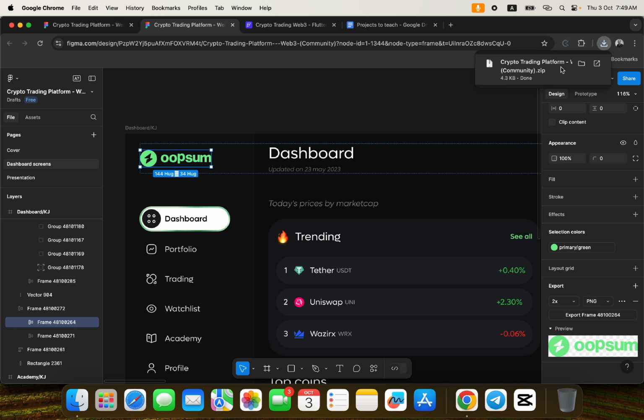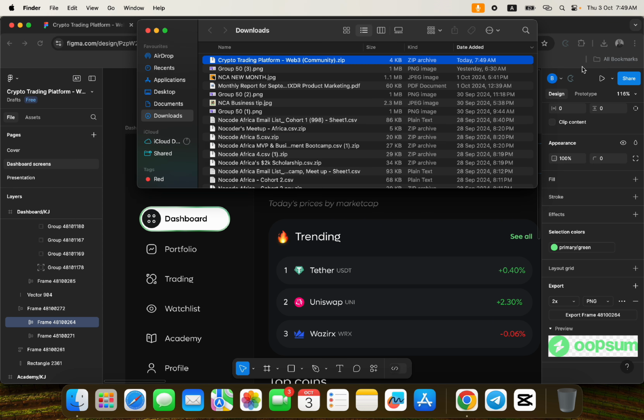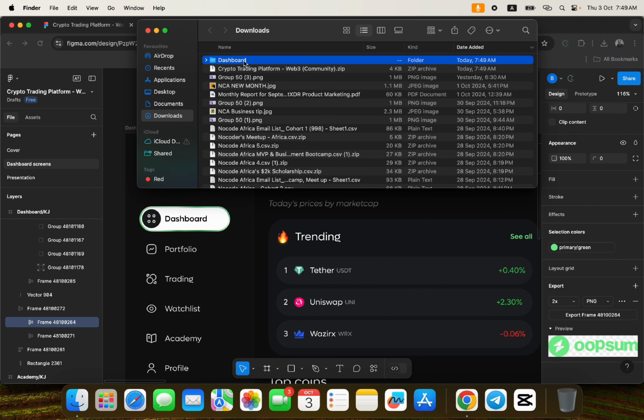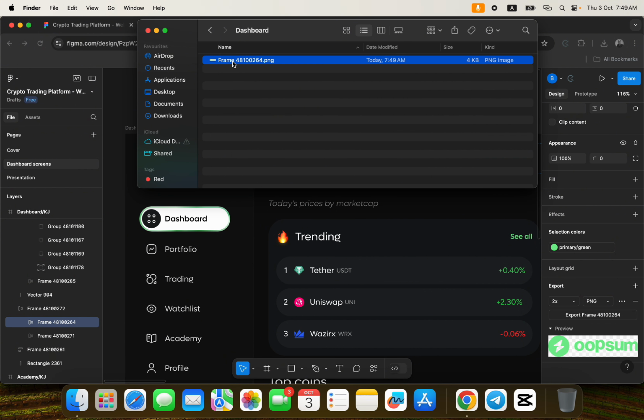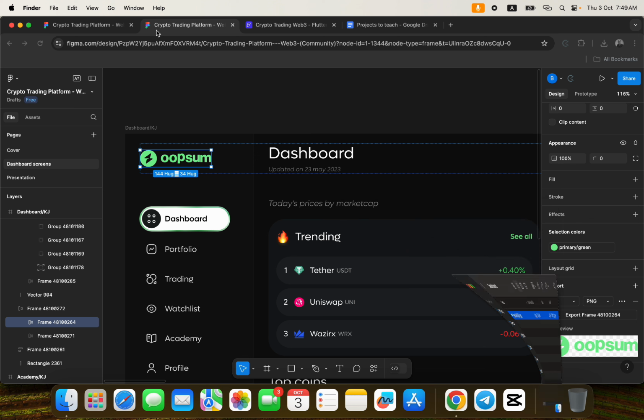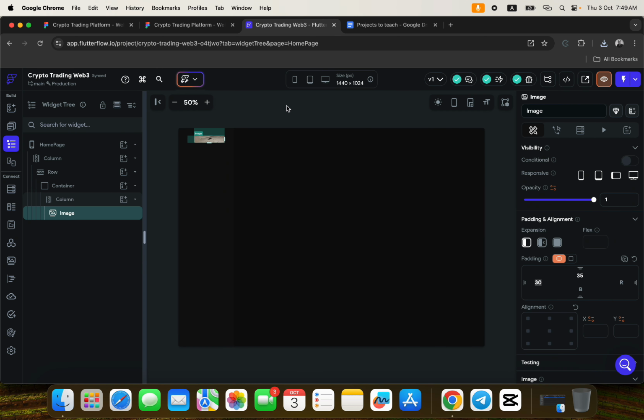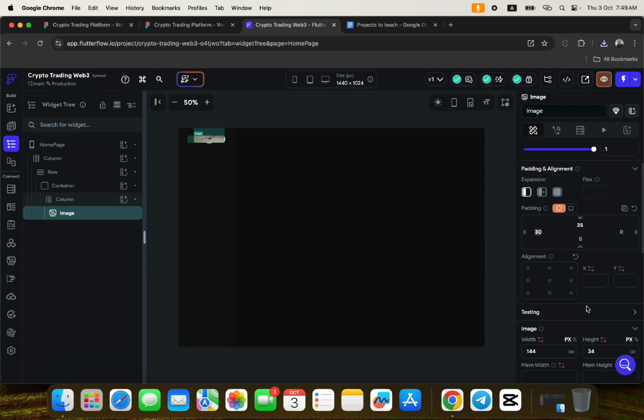Now when I export the frame, it's going to come here to get into my system like this. I'm going to go ahead and just click to open it, and it's down here. I'm going to double tap on this. It opens, then I click, and then I have this design here. It says frame 48100 something. So I'm going to go ahead and just come back to my FlutterFlow,